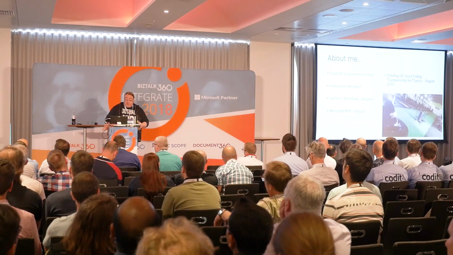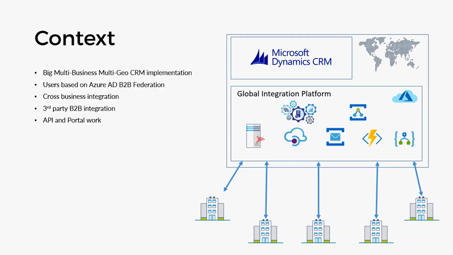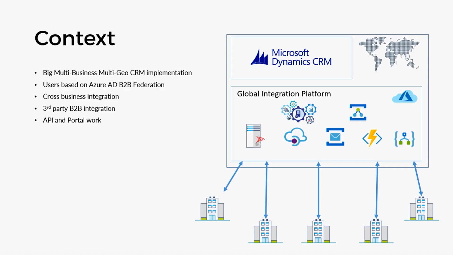What I'm going to talk about today is a real-world scenario. To set the context a little bit, I'm working on a project for a while now for a company that has multiple businesses around the world. We've got a head office, and regional businesses in most countries. In the past, all the businesses worked in isolation; we're trying to build global solutions that work for multiple businesses at the same time. So it's really like a multi-tenanted solution, and we're bringing on each business as we go through this journey.